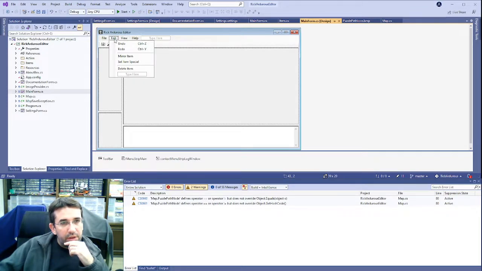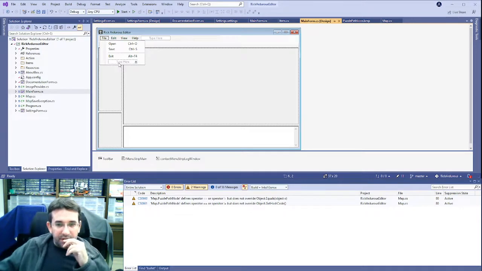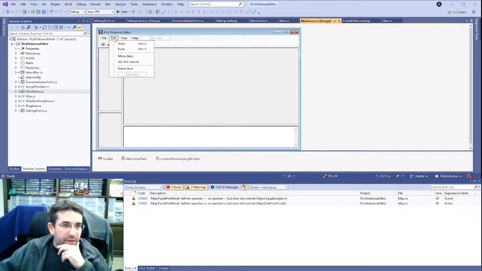No, usually files is... yeah, we can put it in files maybe. Or edit preference. I like edit preference usually, but